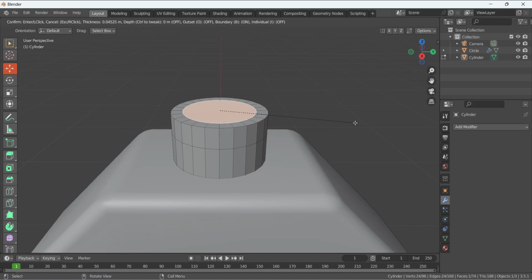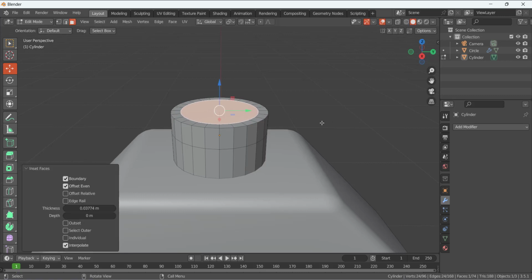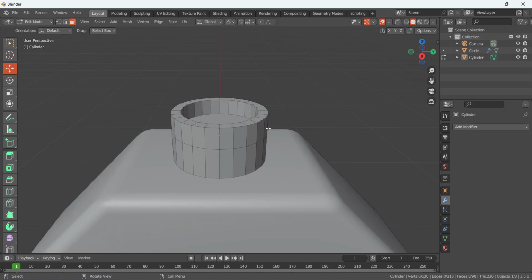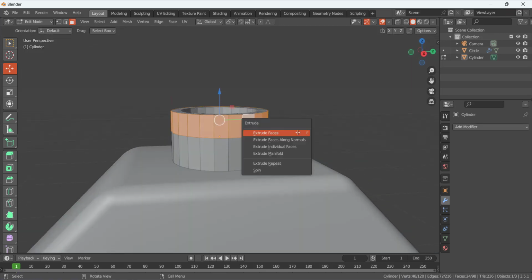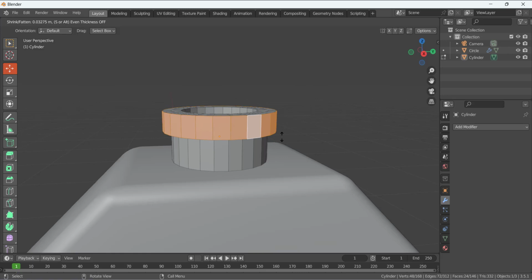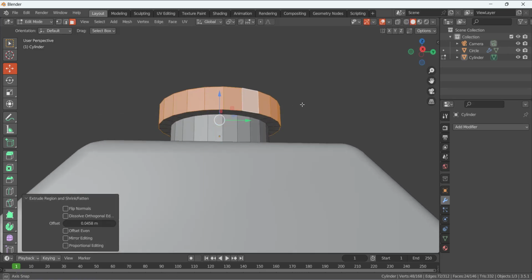Select this face, press I to insert, make it like that, E to extrude like that, and press 3, select all of this, and Alt E and extrude. Alt E and this option you will have, extrude along the faces, put it like that,